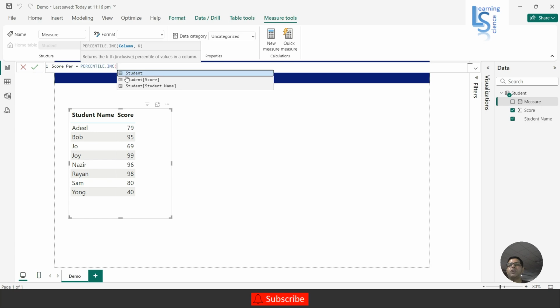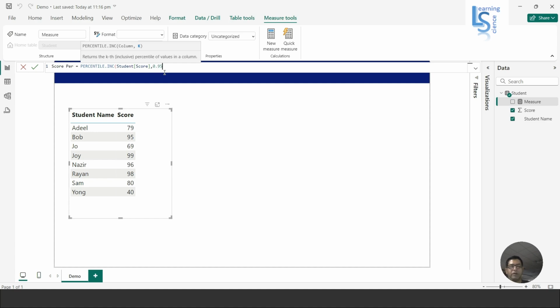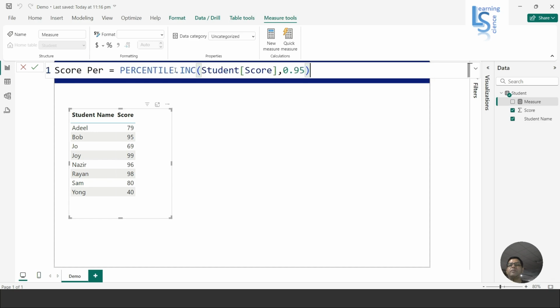And first column I want to calculate on a score, and the second parameter actually starts from 0 to 1. So I am saying 0.95. So this is actually the measure, if you can see here, percentile inc, the column on which you want to create a percentile, and 0.95. Now let me accept this calculation,